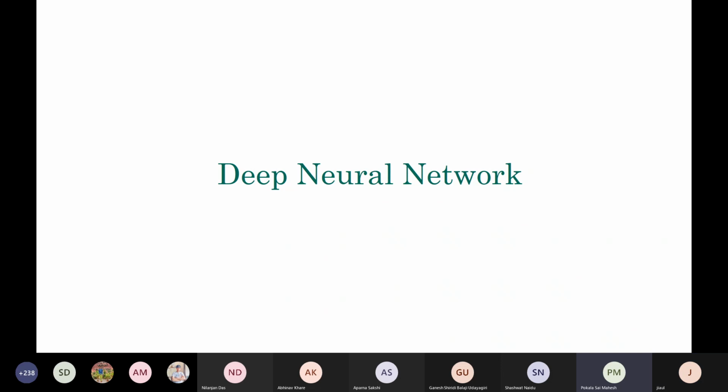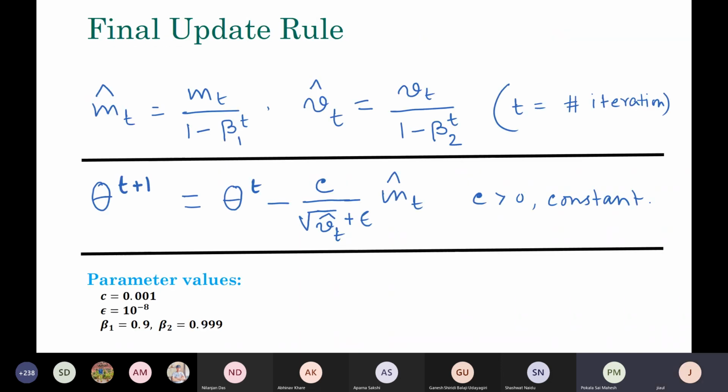Sir, a question on the previous slide. Yeah, go ahead. Sir, here the C value, is it the initial learning rate? Yeah, it is always constant. Yes, the learning rate. The initial learning rate is always chosen to be very small, like here it is 0.001. Actually, if you compare this initial learning rate to other settings, 0.001 is not that small; compared to the other settings, it is actually big. But it is set once at the beginning.